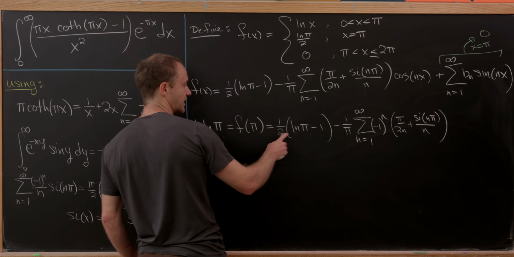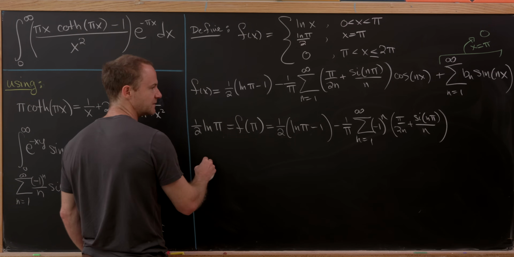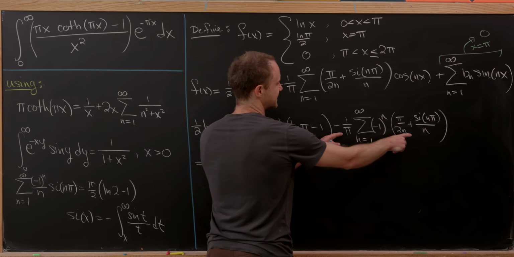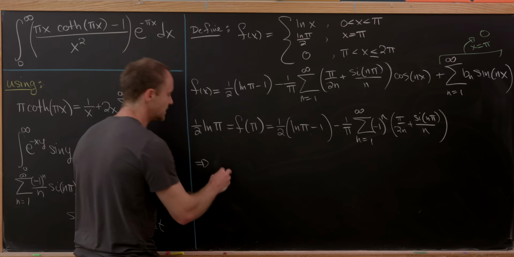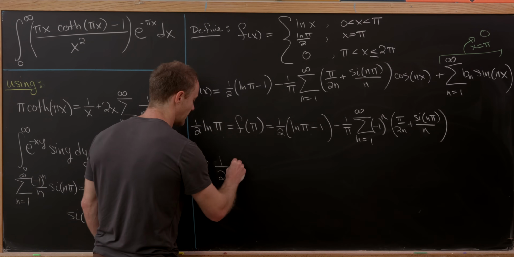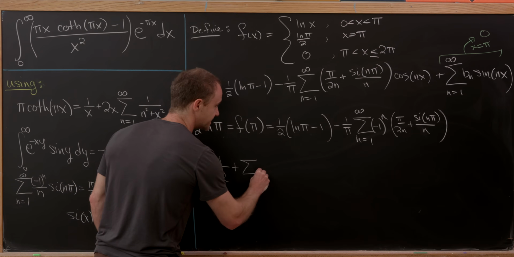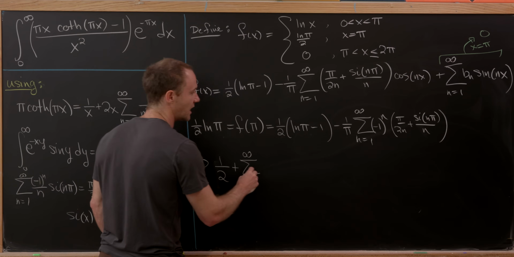And then we can bring this -1/2 over, and it becomes a +1/2. And then we can also bring all of this stuff without the sine integral to the other side of the equation as well. Okay, so let's see. That'll leave us with 1/2, and then we'll have plus the sum as n goes from 1 to infinity of,